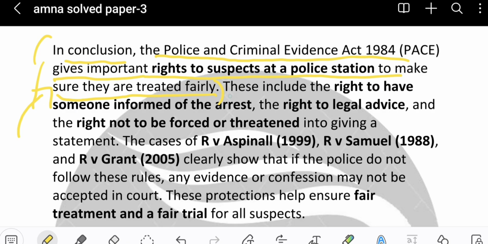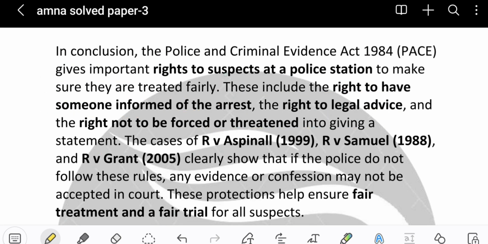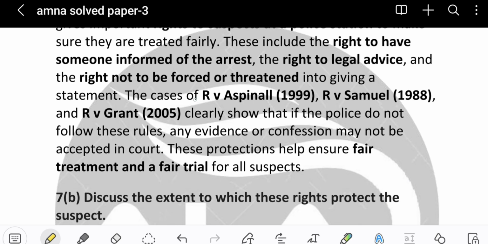Then you have to include that these include the right to have someone informed of the arrest, the right to legal advice, and the right not to be forced or threatened into giving a statement. From here to here, you will include the same wording, that these rights include that no person will be interviewed without an appropriate adult. They should have proper legal advice from their lawyer or solicitor, and no one should be threatened or forced. Also include all those cases, like you have to include R v Espinal and R v Samuel or R v